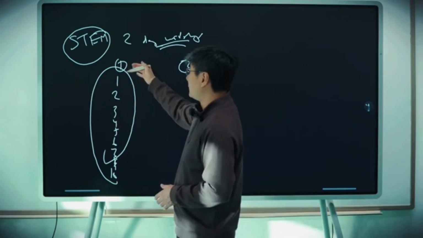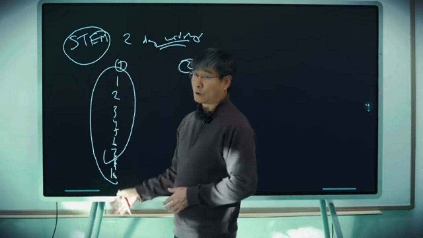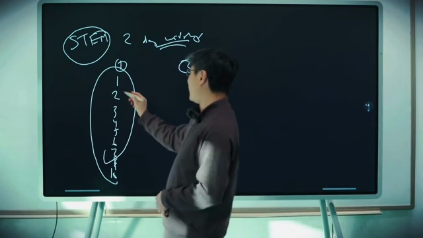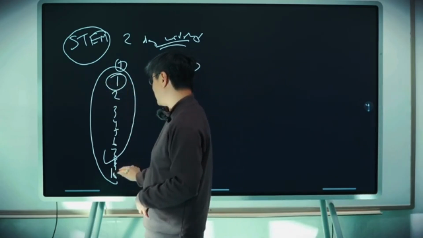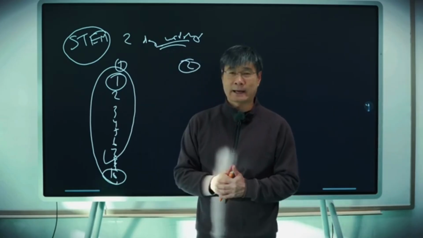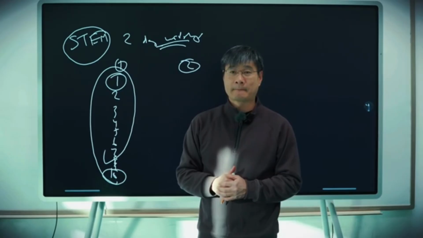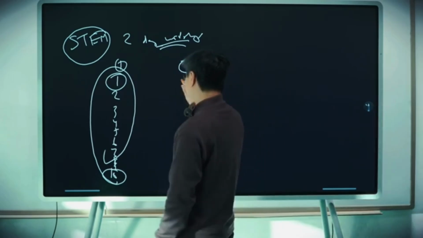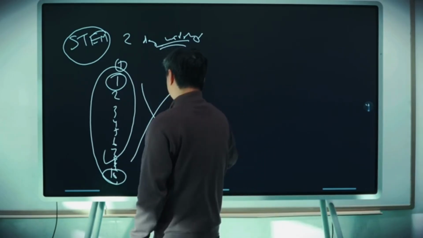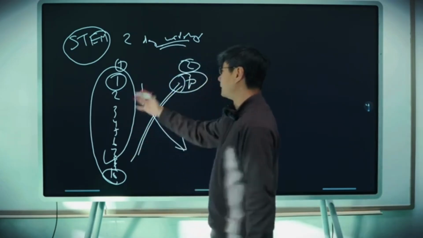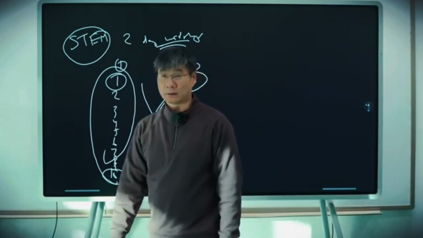So after day 1, all 10 teams are ranked according to their success, okay? Team 1 has the best, team 10 has the worst. What would happen the second day? Can you guys guess? Team 10 wins. Yeah, okay. According to game theory, team 10 wins, and this is exactly what happens. The results are reversed, okay? Number 10 shoots up to number 1, and then number 1 falls all the way down.